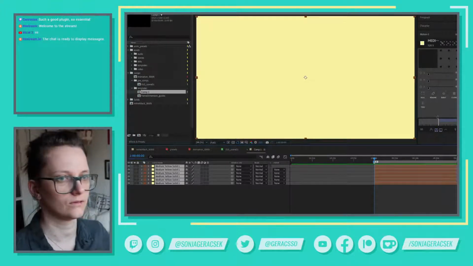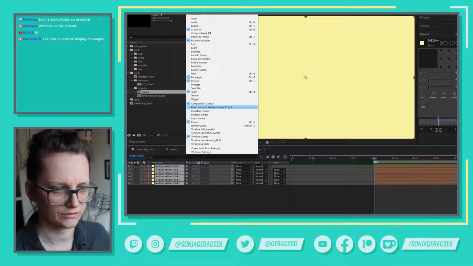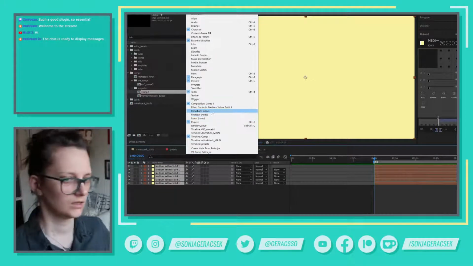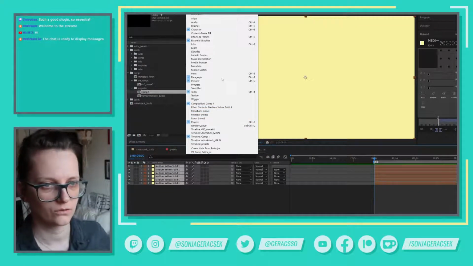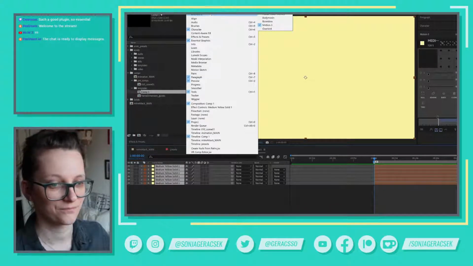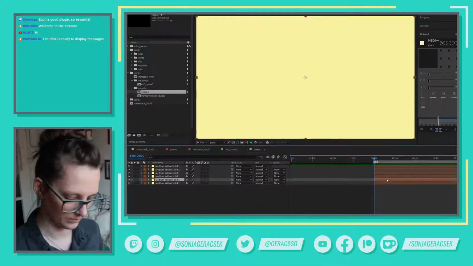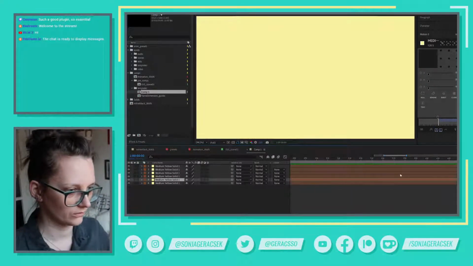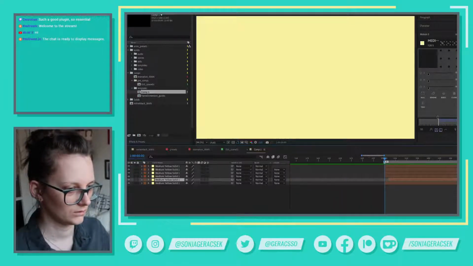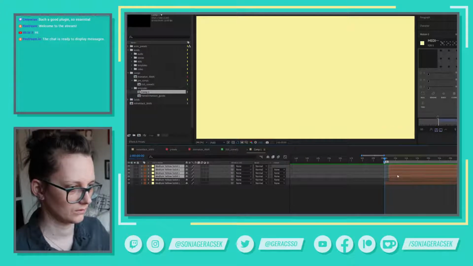Let's sequence these layers. Oh, I've just updated my After Effects and all of my plugins are not here. That's super cool. I hate it. Okay, I'm going to have to sequence it by hand. So let's zoom in a little bit. So if I sequence this,